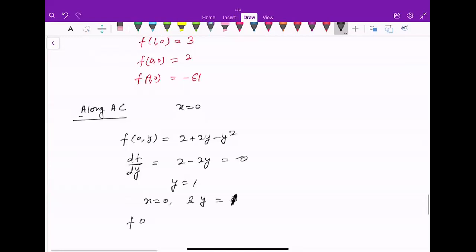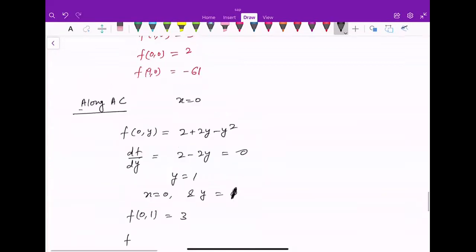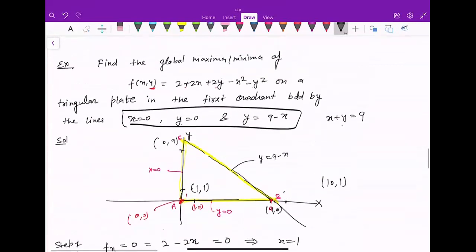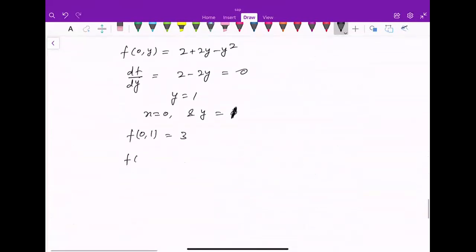So f of (0, 1), we will compute. It is also coming out to be 3, actually function जो है आपका, and along this boundary again (0, 0) and (0, 9) are the points, ठीक है ना। अगर आप इस फंक्शन को देखोगे तो यहाँ पे x को y से रिप्लेस कर दें, y को x से रिप्लेस कर दें, you are getting same function. So ultimately you are getting same value as we got in the previous case. So f of (0, 0) and f of (0, 9), तो ये -61 ही आएगा आपका और (0, 0) आपका 2 आएगा, ठीक है ना।